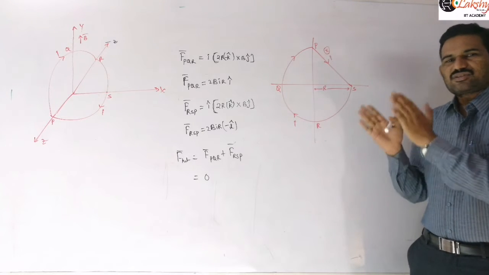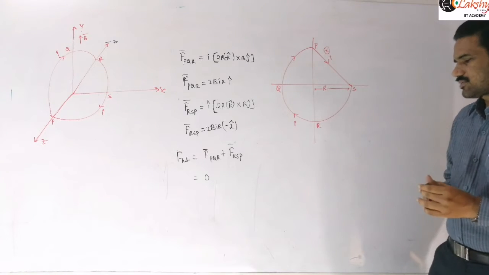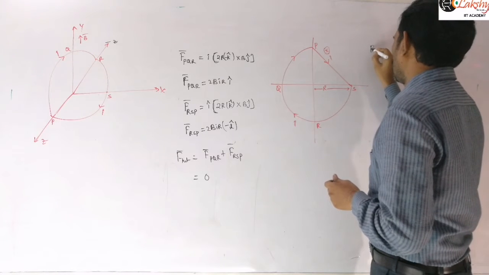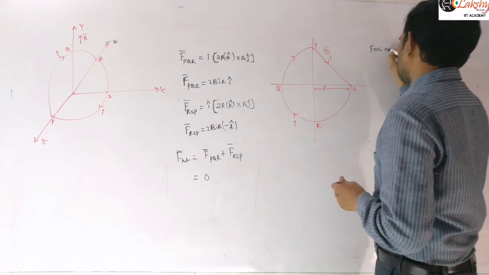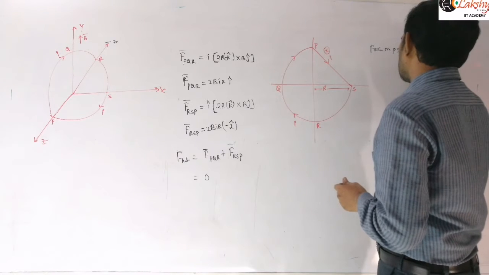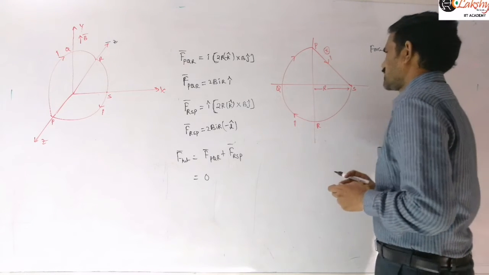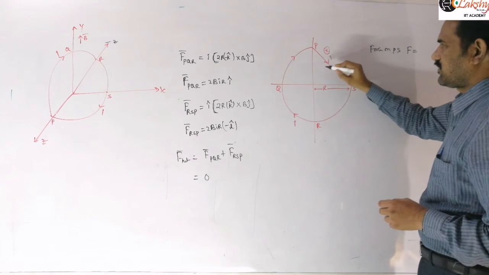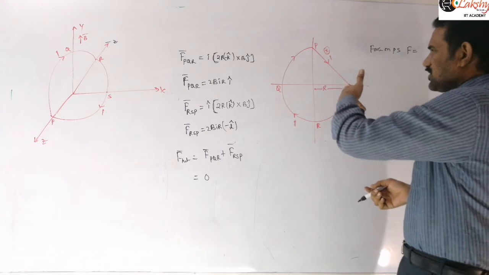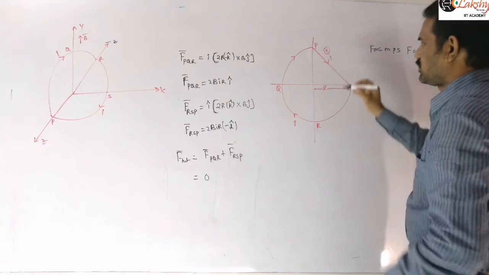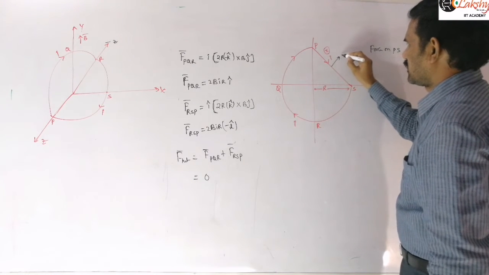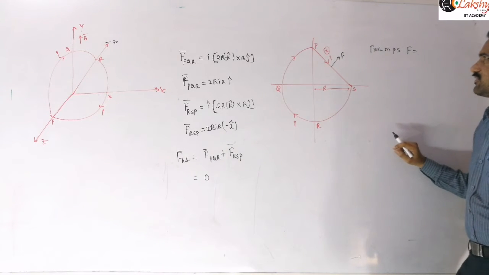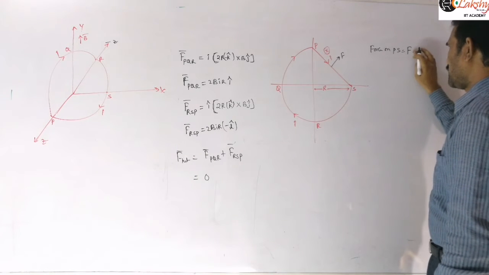So let us first write the given expression for the force acting on this PS rod. The force on PS is given as F here. You can identify the direction of F: the current is flowing like this, the magnetic field is into the plane, and so this force is acting like this. The force direction will be like this. So the force acting on this PS is F.